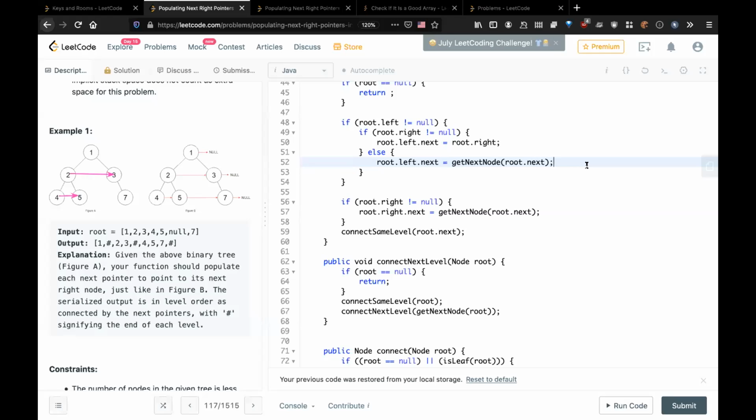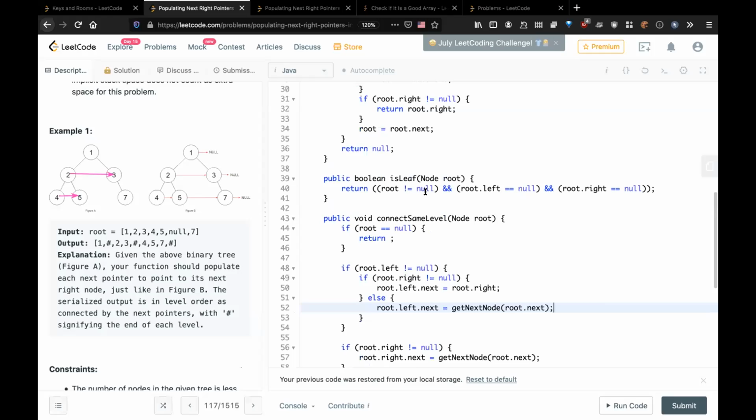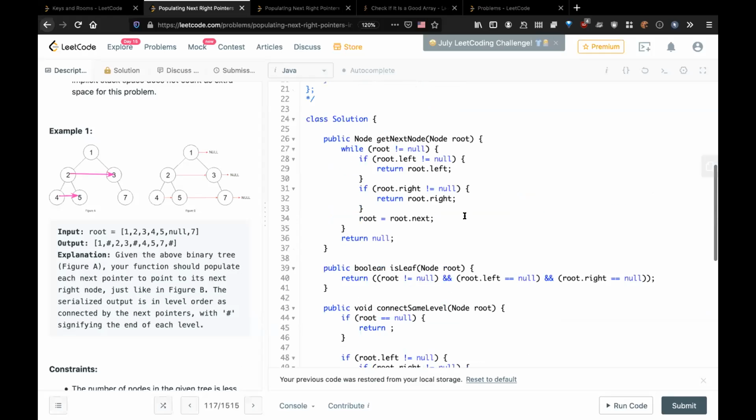Suppose we are at 2 on line 52; we are looking at root dot next. That means 3 will come. When he's returning from get next node, he will return 3's right or left child, whichever is present, or null if none of them. Yeah, line 36.